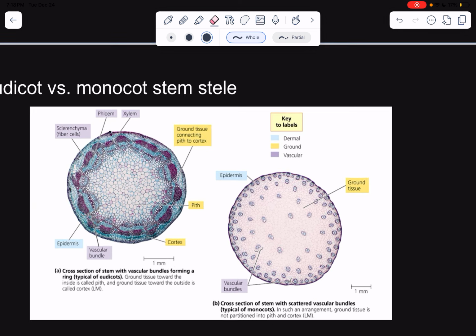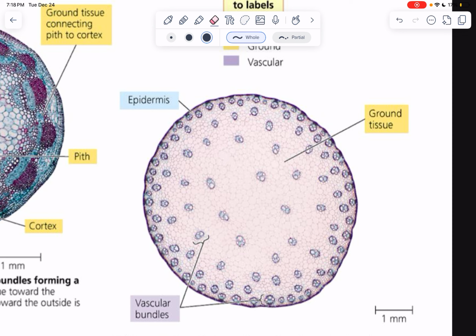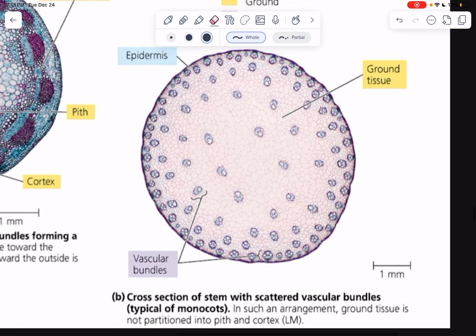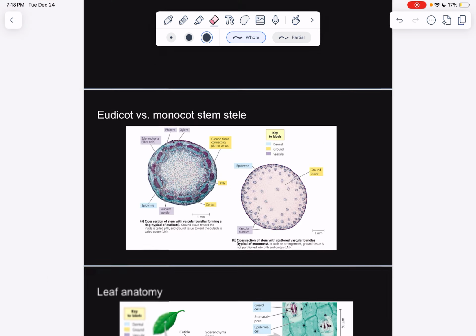As you can see here, they don't really form a ring or anything like that. In monocots, they just partition themselves randomly. Now, for leaf growth and anatomy,